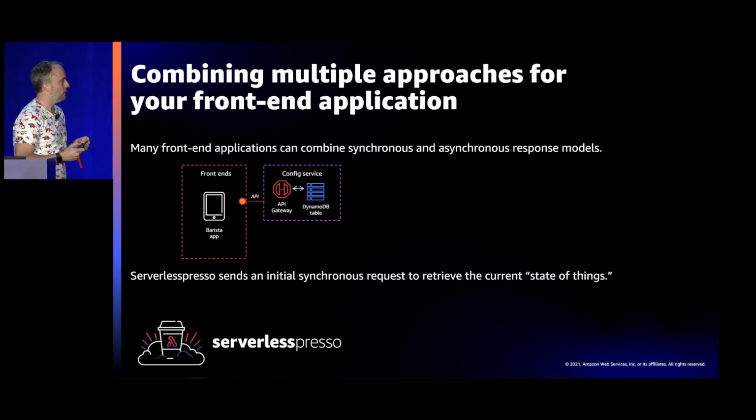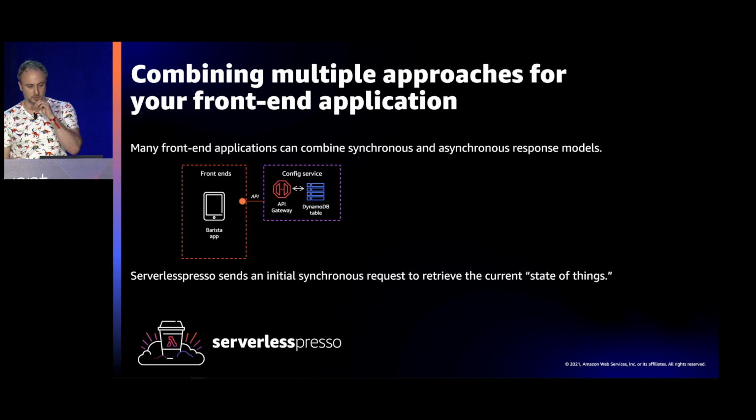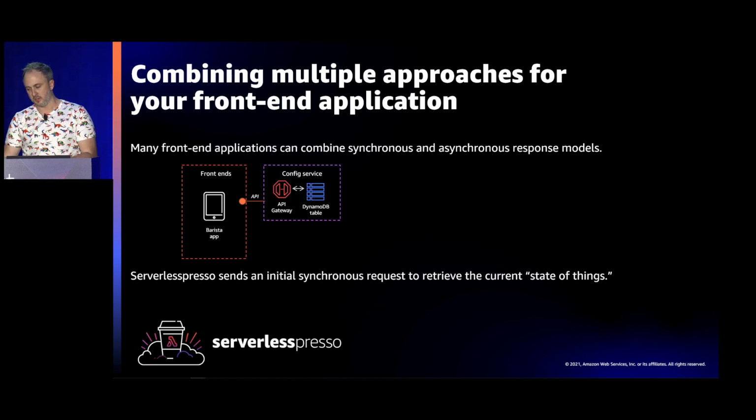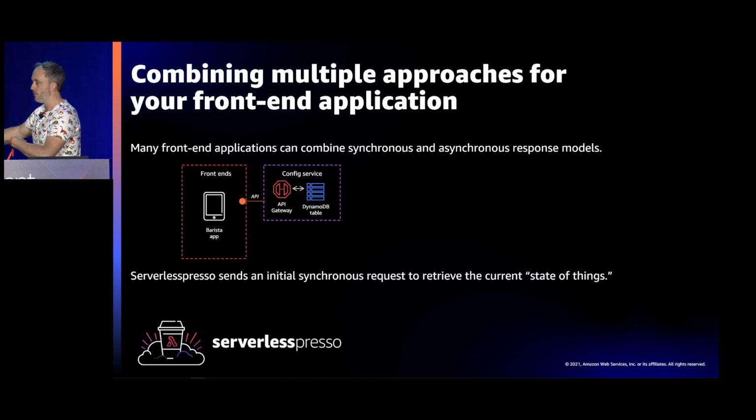Realistically, in the real world, your web applications, your interactive Lambda applications will probably need to use a mixture of synchronous and asynchronous workloads. And that's true of this Serverless Espresso demo that we made as well, right? We use a synchronous workload when you first log into the app, which uses API Gateway to grab all the information from our DynamoDB table about the current state of the shop. This includes things like open and close times to check if the shop's open or closed.